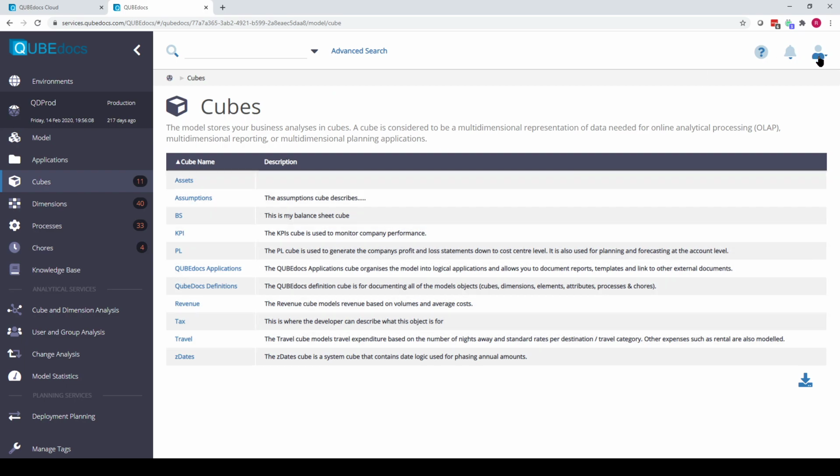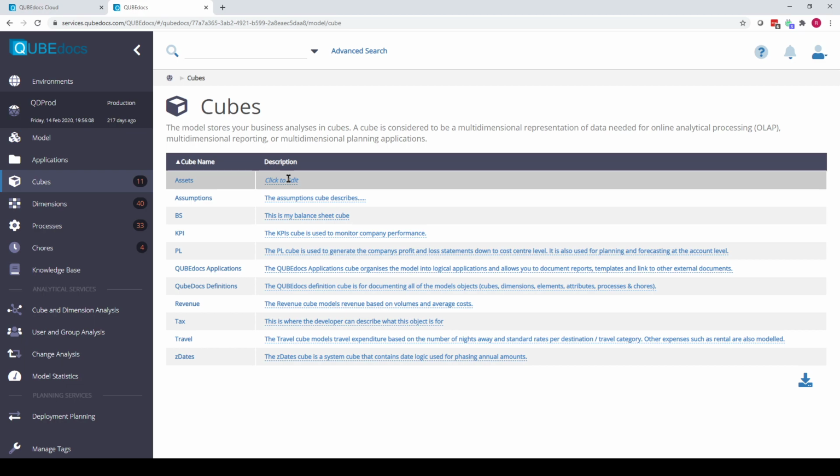Now, to edit these, you can come up to the Profile drop-down and turn on Edit Tags. And you'll see that all of this text turns blue, indicating you can edit it. Now, the purpose of this description is to add a plain language, user-friendly, perhaps business-friendly type of description for each of your objects. Now, this can be useful in a number of ways, one of the primary ways being knowledge transfer. So if you have a new employee, new consultant, somebody else coming in to start working on your model, this will give them a starting point to start to understand the purpose of each of the objects within your